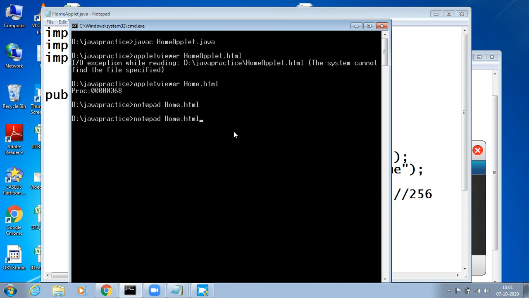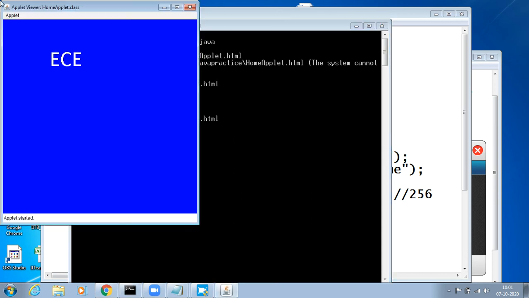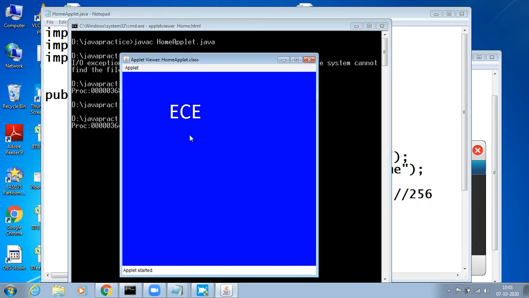Now again run the program. I'm not compiling now. I am just running the appletviewer only. Okay. Observe now what I got here. EC.